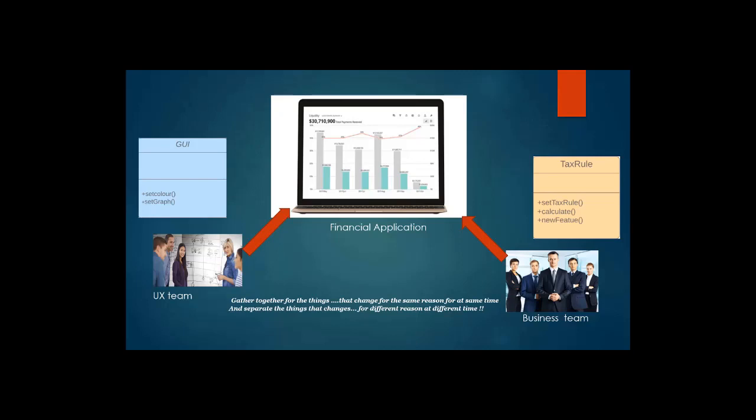The SRP principle also goes one step further. It not only gathers things that change for the same reason but also at the same time. For example, if we look at the business rule changes for taxation, there is a scheduled tax rate change that the application needs to undergo every year, but there could also be other changes to business rules, say adding a new tax feature, which are not part of the scheduled tax change and can work on a different project schedule or timeline. So as per this principle, these two changes need to be separated out, as shown here, as a separate tax rule class and tax feature class.